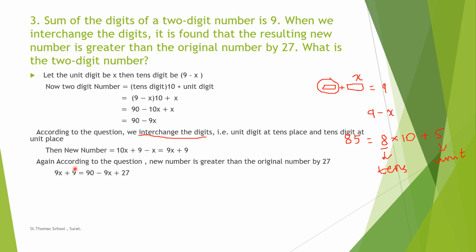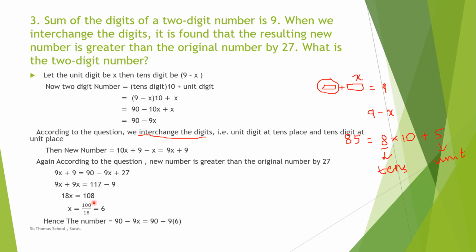Now you can do grouping, that is, all variables on one side and constants on the other side. So this is minus 9x. If it comes here, it becomes plus 9x is equal to 90 plus 27, that is 117, plus 9? If it goes here, it becomes minus 9. 9x plus 9x, that is 18x is equal to 108. One is a positive number, one is a negative number, so we have to subtract. Now what is the value of x? 108 divided by 18. So x is equal to 6. Is it clear? We got x as 6.